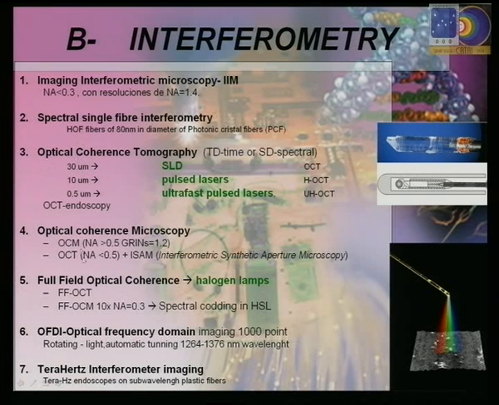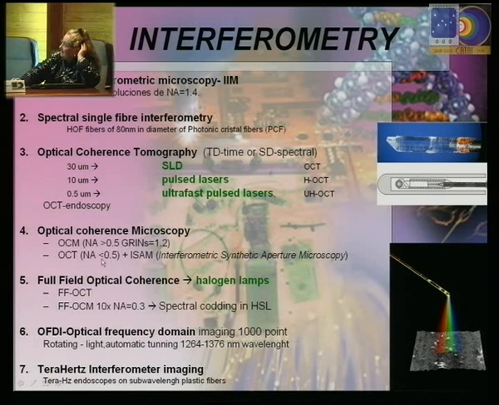The difference in microscopy obviously depends on the lenses, that means the numerical aperture of the optics, which are on the top of the fiber. This is a case of a single fiber